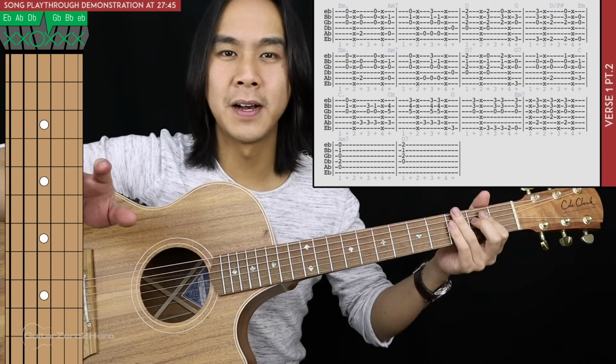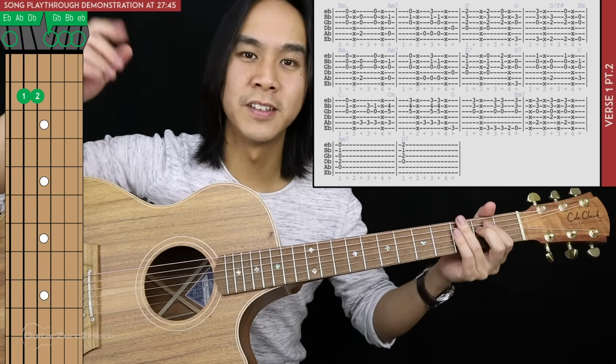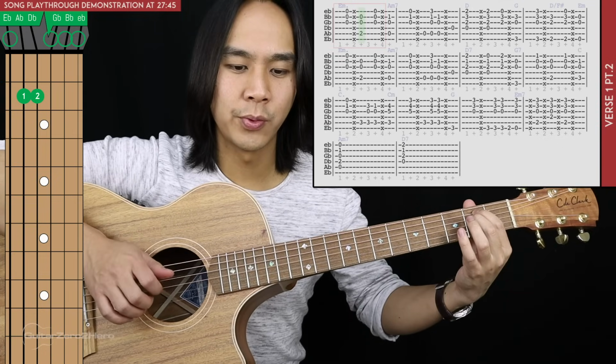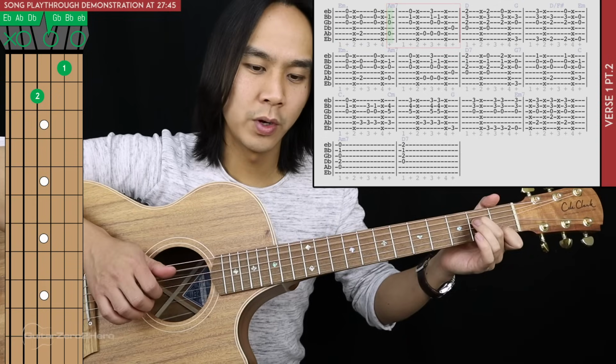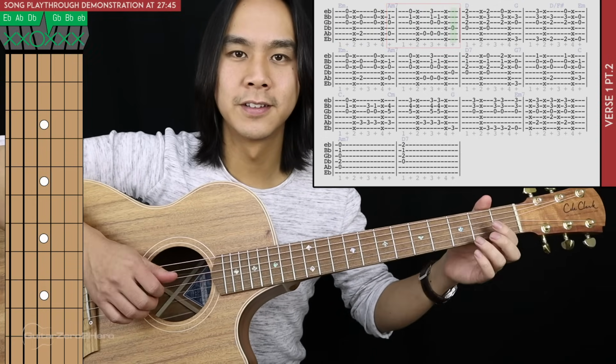And for our first 2 bars, we'll have this. And I'm going to start from that first E minor, which is in the previous section. And 1 and 2 and 3 and 4 and 1 and 2 and 3 and 4 and...